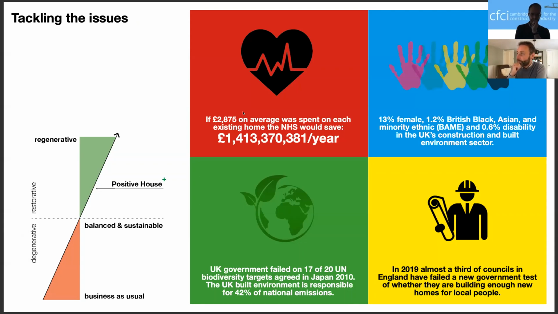In particular, for example, one statistic here, the top left one, is improving health and well-being. The NHS at the moment spends about £1.5 billion a year on health issues which could have been resolved through better living standards, in particular better heating in homes. So there's a real opportunity here to tackle all of these issues head on. And this is what our project is doing.